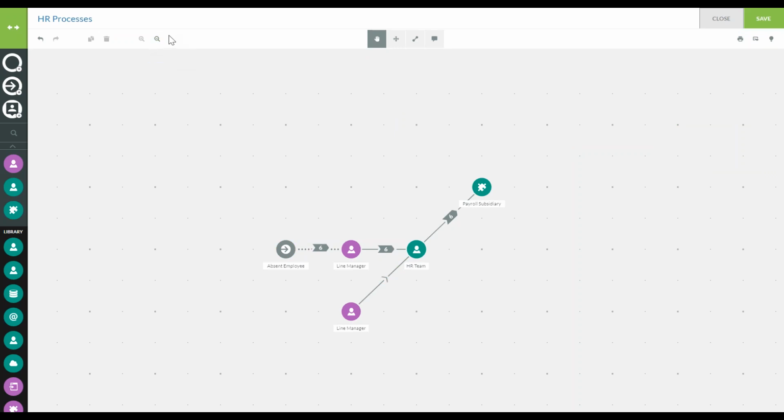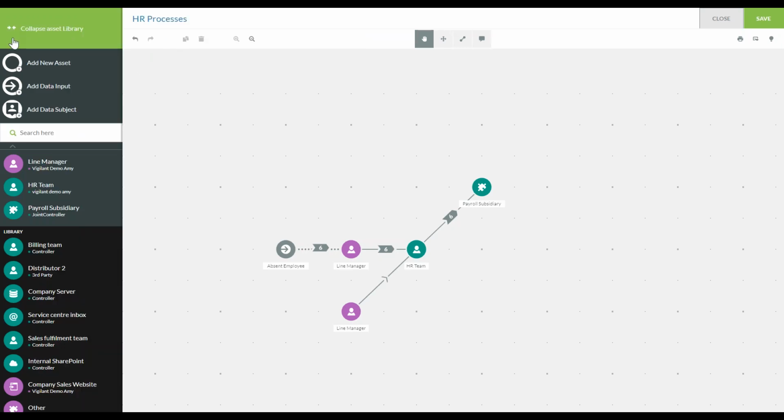Then moving along, we've just got the typical tools: zoom in, zoom out, delete, duplicate, etc. Then you've got this left-hand panel down here. So I did mention in the asset register section of CyberComply that you can add new assets here. So if you add the new asset here, it then does become available globally as well. So it becomes part of your